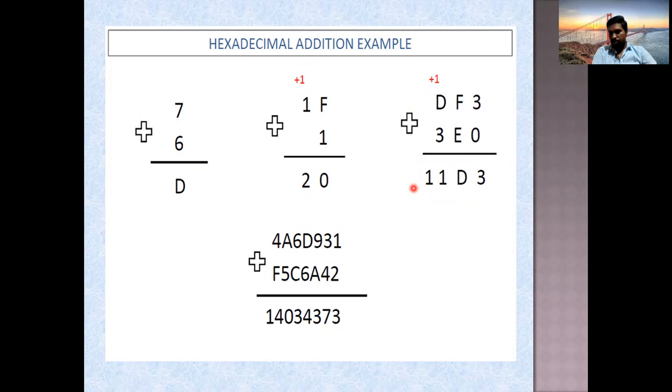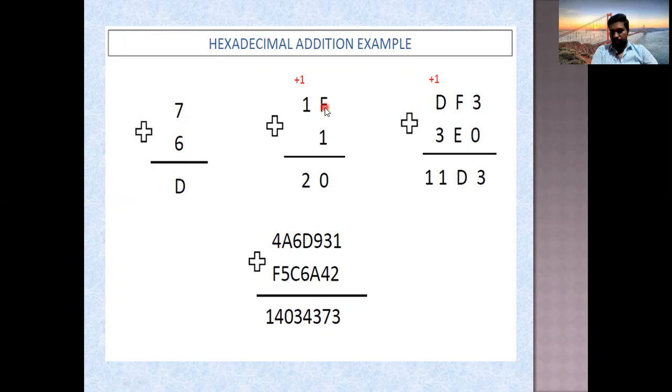If the result you got is not in the range of hexadecimal, you go on subtracting 16 until the result comes within the range. And count how many 16s you have subtracted, and that will be your carry value. See, 7 plus 6. What is 7 plus 6? 13. Is 13 within the range of hexadecimal? Yes. But 13 is a 2-digit number, and that 13 is written as D in case of hexadecimal.